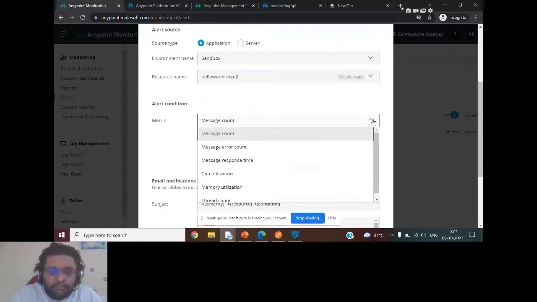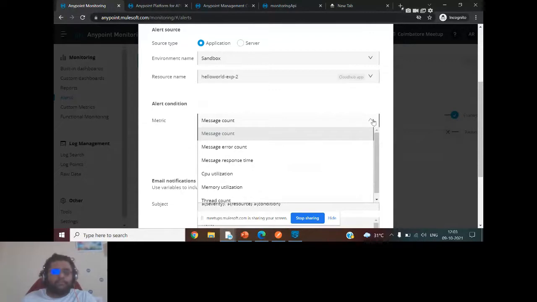Here is the difference between advanced alert and basic alert. One difference I've already told you: advanced alert is a part of Titanium Access, while basic alert is available in both Platinum and Titanium. Basic alert is 50 per organization, and when you move to Titanium, it is 100 per organization. Advanced alert, I'm repeating again, is 20 per organization, and it is not there in Platinum. So it is 20 per organization for Titanium Access only.